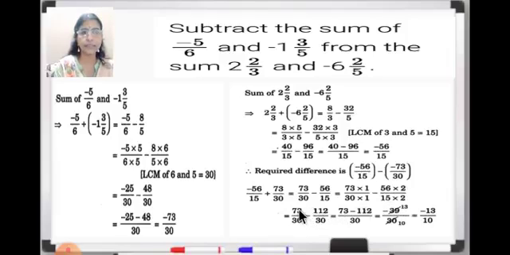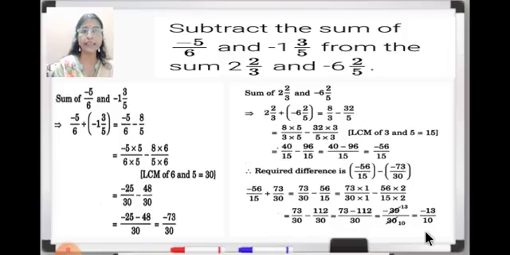Here you can see in the next step, 73 upon 30 minus 56 twos are 112 upon 30. Now you can see both the denominators are the same, equal to 30, and then 73 minus 112. And then when you subtract you will get 39 and the sign will be minus because 112 is bigger than 73, so minus 39 upon 30. And then you will reduce it. On reducing, you can reduce it by 3, so you will get minus 13 upon 10. So this is your final answer.